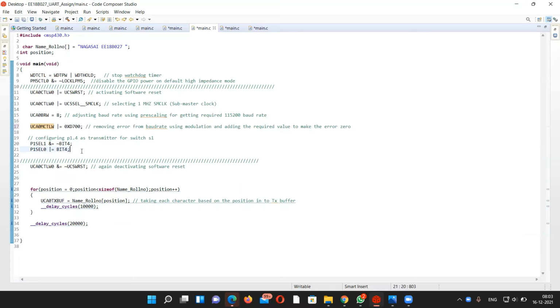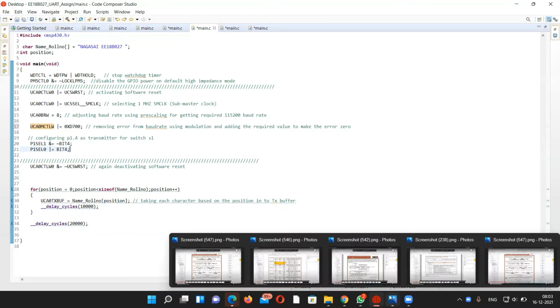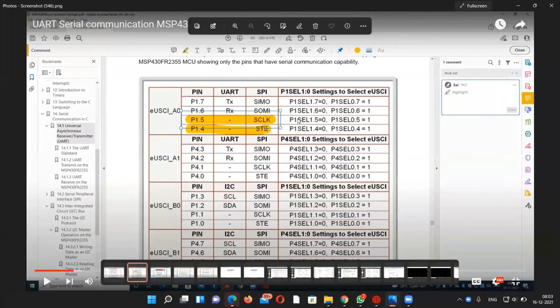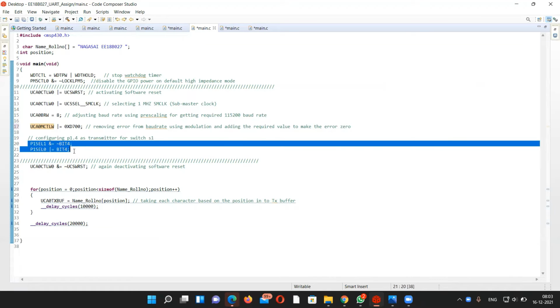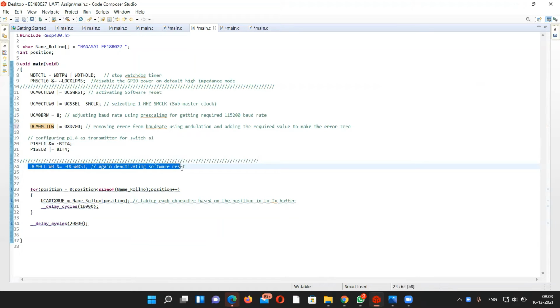For that, we need to select it. Here we can observe that the P1.4 selection needs to be done. That is what we have done here. Using these two lines, we can set P1.4 as a transmitter in this UART communication protocol.